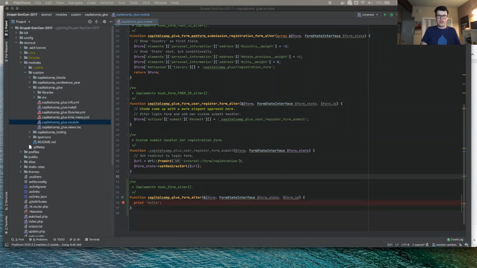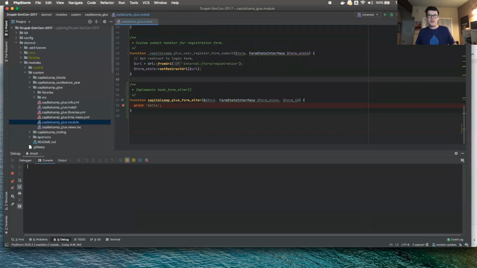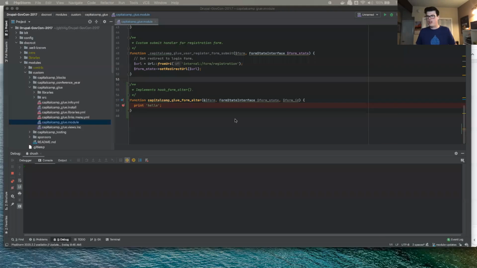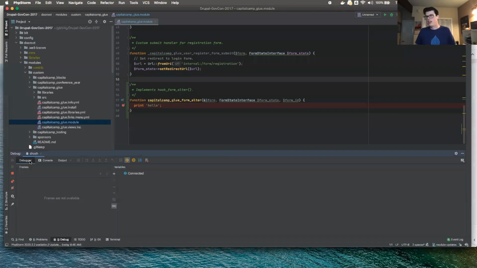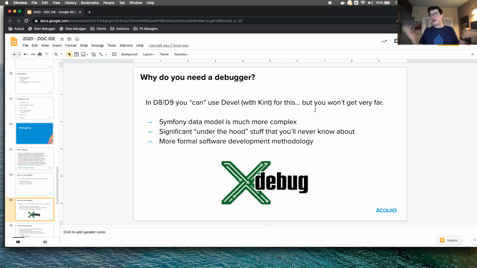I do print hello, nothing fancy, and set a breakpoint here. Let me just quickly flush my cache. I actually have this set up to do debugging with the command line as well. So I ran my command here in my terminal window, and it caught my Drush debugger. And all of this is possible while this is running in the background because of Xdebug. So in this case, I'm running a Lando VM. The Drupal image for the Lando VM is pre-configured to work with Xdebug.